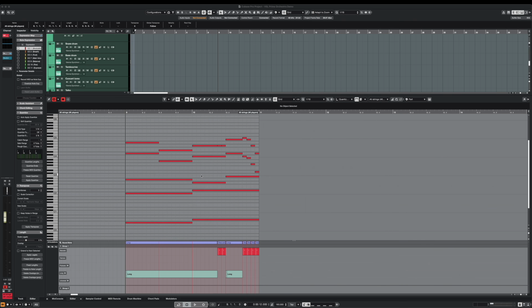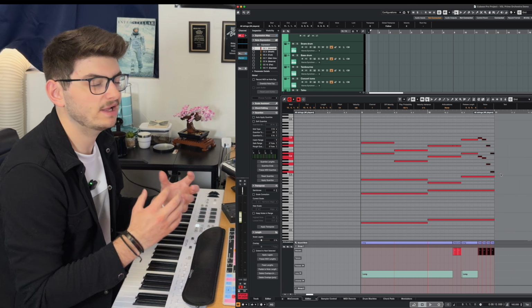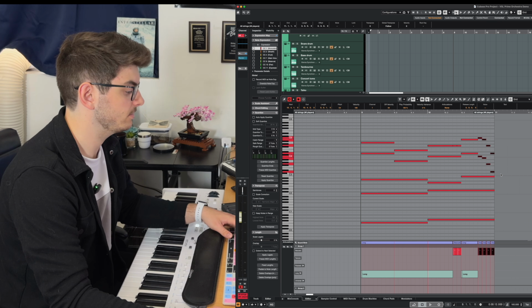Cool, sounding nice. If we look at our all strings patch, you can see that I'm actually taking advantage of the expression maps included in this template. I have the full string section here, all playing the long articulation, but then for some of these violin 1 and 2 notes, I've switched over to staccato just to give a little bit more emphasis on those particular notes. Okay, our strings are done for now. Let's move on to the woodwinds.